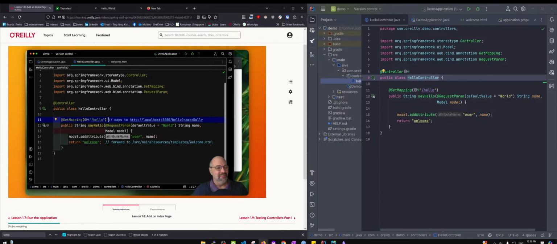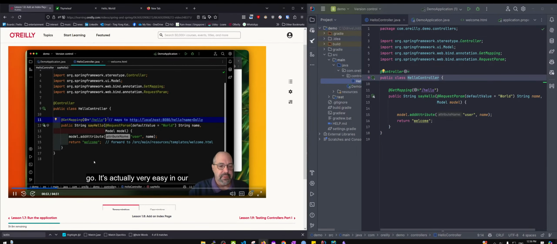No pun intended. So the idea now is to add an index page, a page called index.html, to the root of this project. Of course, we don't know where the root is exactly. Remember, we're building up a WAR file, except we're not even building a WAR file, we're building a jar file. You might wonder where the heck that page would go. It's actually very easy. In our app,